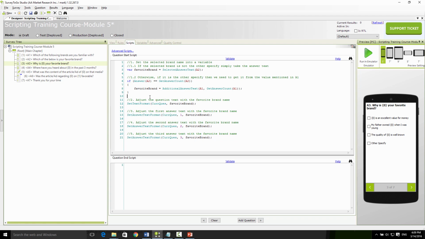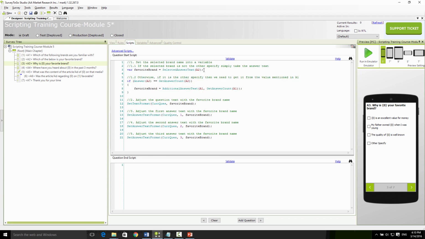So you remember that I mentioned it can be either one of the prefixed car brand names, or the other specified. So basically this is what the first part does,